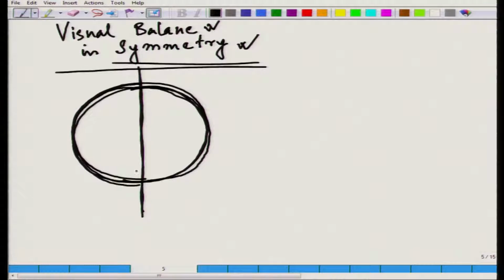So, it is a half circle, another half circle in a different order. It is more like this is facing this and the left one is facing the right one. So, having two half circles